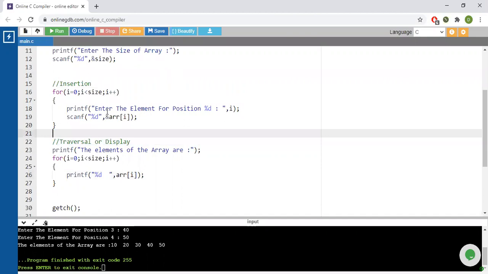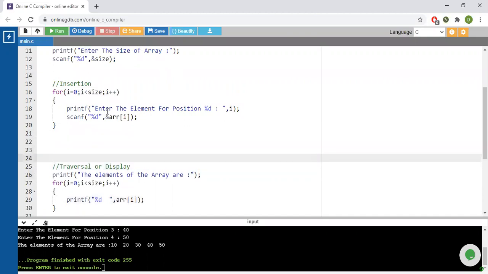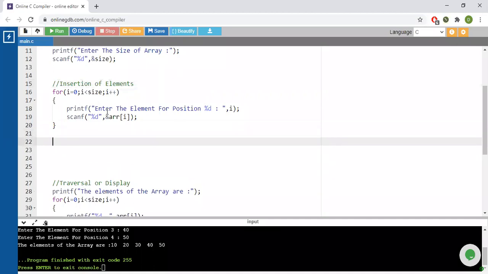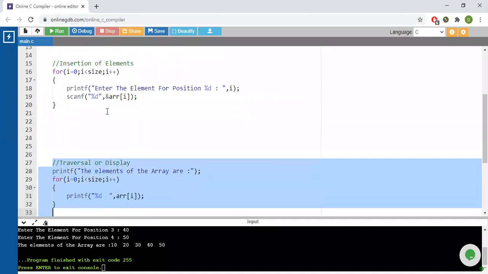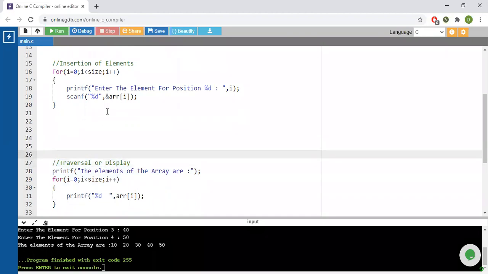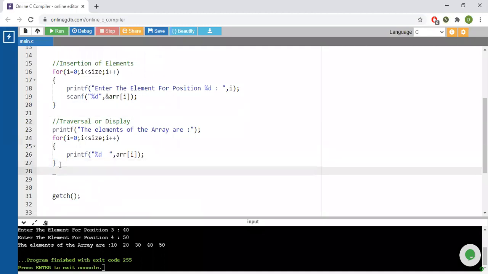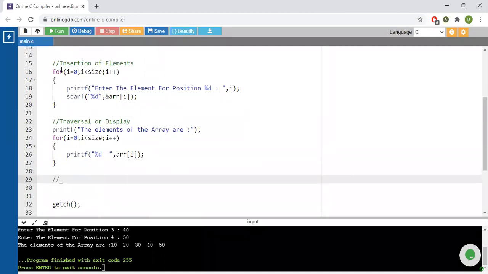Now I will add just one more thing today over here. Insertion in between we will see later on. So I will say insertion of elements. Now what we have done is we have displayed the array. The program will get bigger, but then many things will be clear to you. Now I go back and then I say inserting an element at last. Last means wherever the array has stopped.